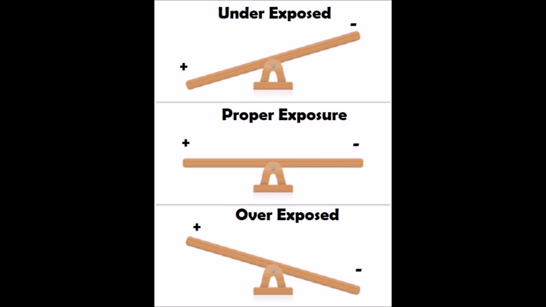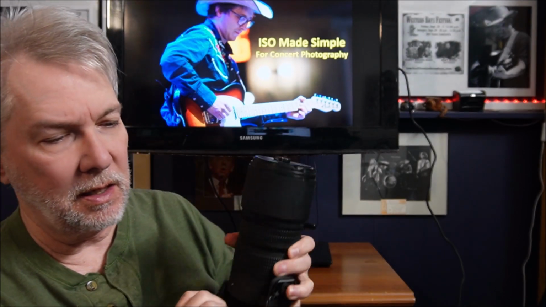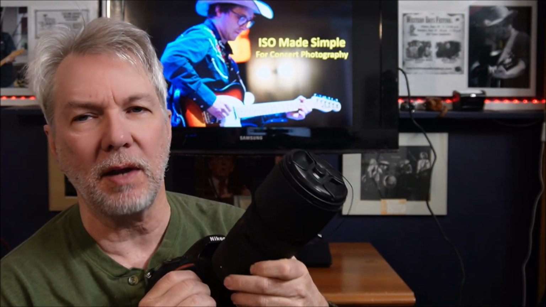This diagram shows the teeter-totter effect of exposure. Another thing to consider is when you still don't have enough light, and rather than increasing your ISO to something real high, say above 1600 or above 6400, is to learn to have good technique. And what I mean by having good technique is taking the normal shutter speed you'd set the lens for, like 200 or 250,